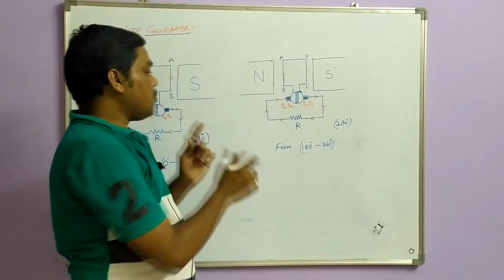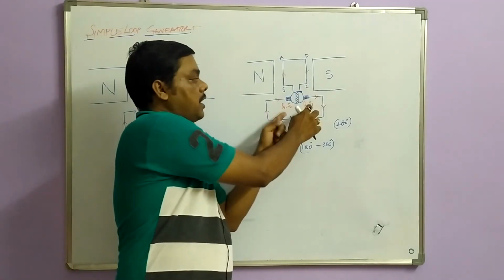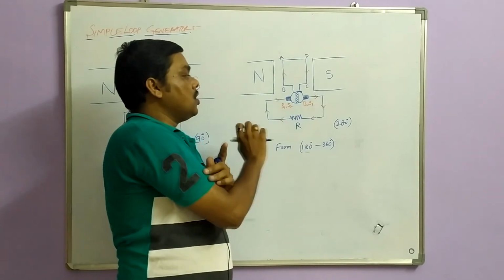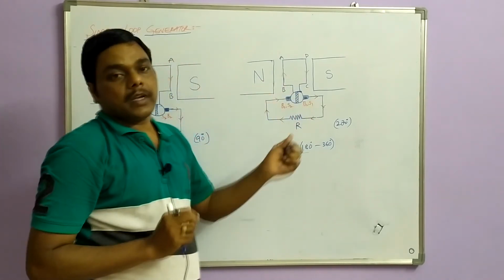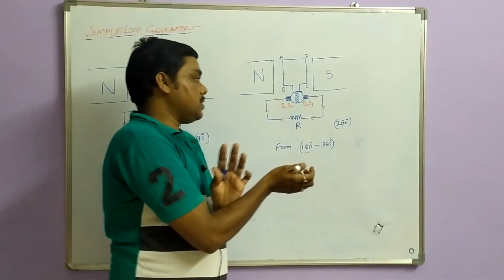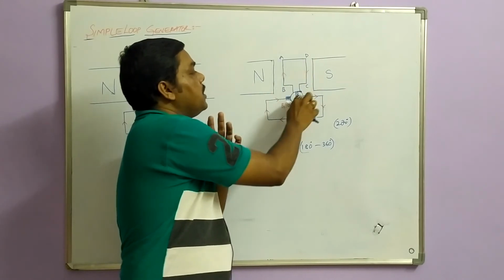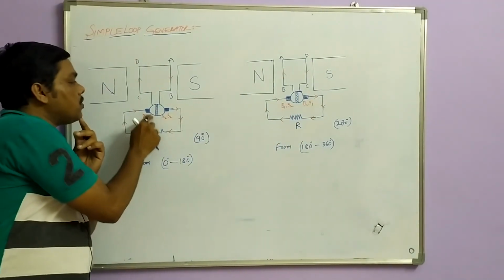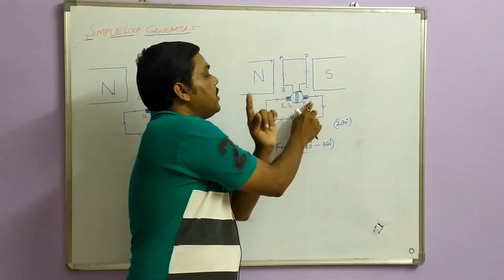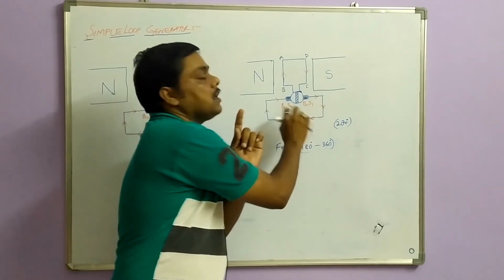What do you have to do? You have to interchange the segments. So your brushes stay the same, but the segments are interchanged. How does it happen? That is the main function of this split ring. Your segments are interchanged. So whatever the current flowing through DC, this segment 1 is connected to DC. So when this segment interchanges, the current is flowing from DC and the direction of current is like this.